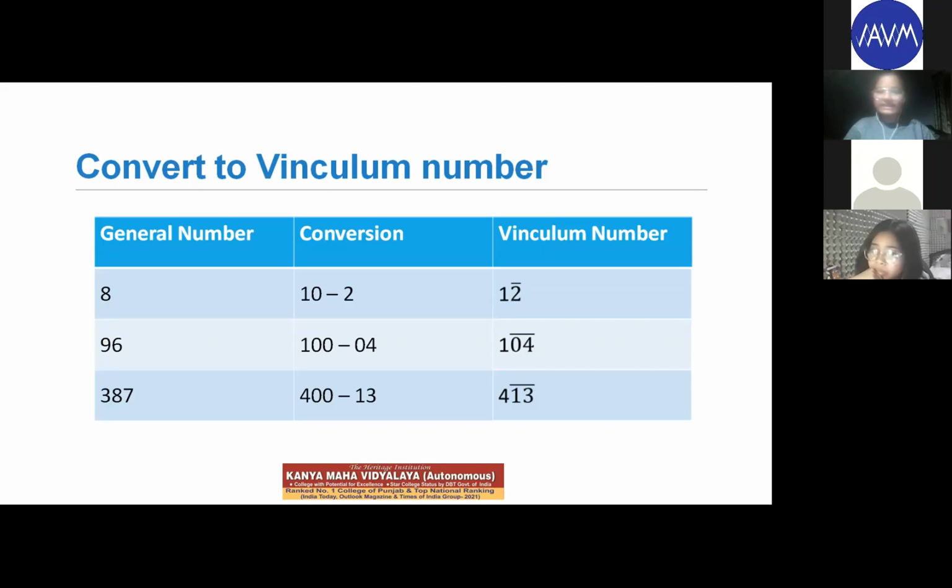Similarly, with the third example, 387, the nearest base to it is the sub base, exactly 400. Why are we using the sub base? The answer is very simple. We have to make it more simple rather than complicated. Because if we seek the next base here, which is 1000, the difference between 387 and 1000 is very huge. But if we take the sub base 400 here, the distance between both the numbers,